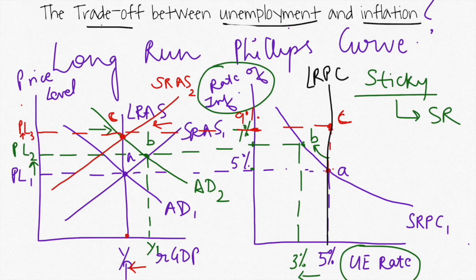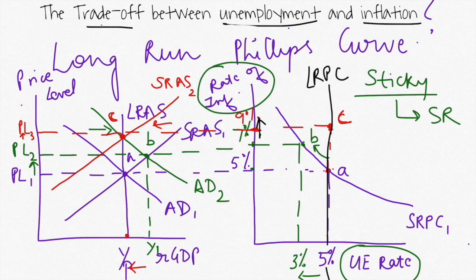So there's a vertical long run Phillips curve which comes at the natural rate of unemployment, indicating that unemployment is independent of the rate of inflation, right? Even though the rate of inflation has increased to 9%, the unemployment has come back to 5% again. So that is independent of the rate of inflation,